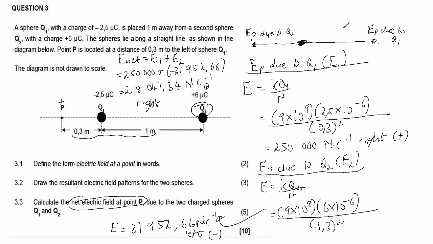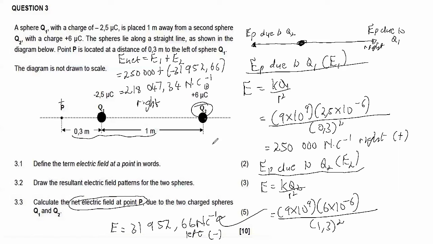Now you can even see it in terms of your vector diagram. Remember, it will end up going to the direction of the bigger vector. So the bigger vector is the one which is on the right. So hence your E net will be to the right. And that's how you were supposed to tackle this question